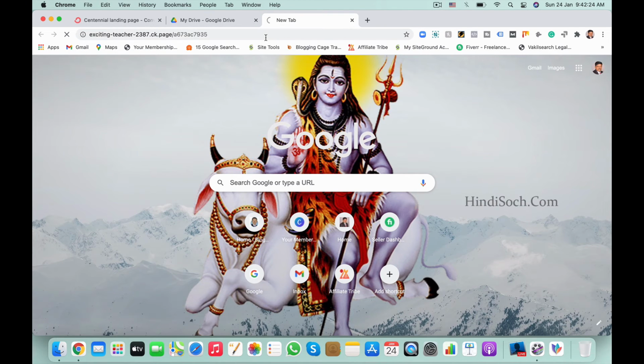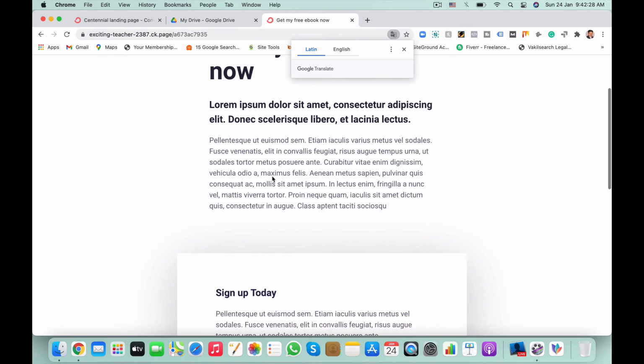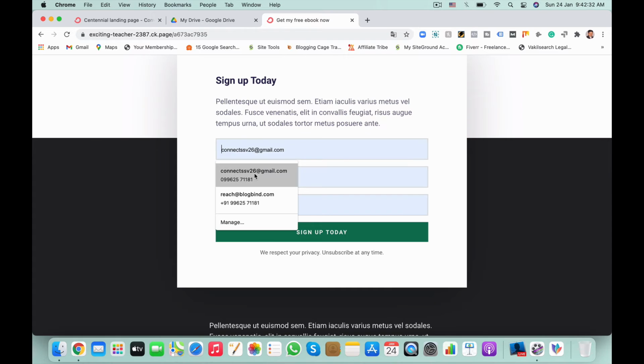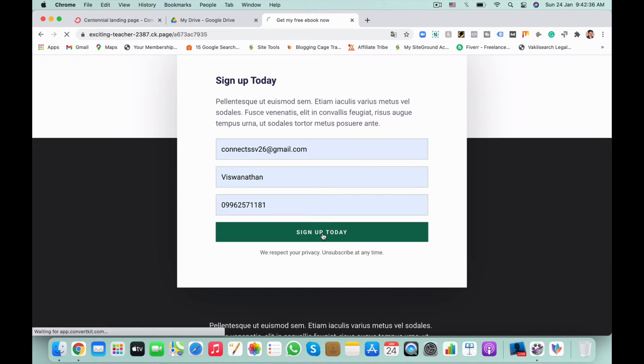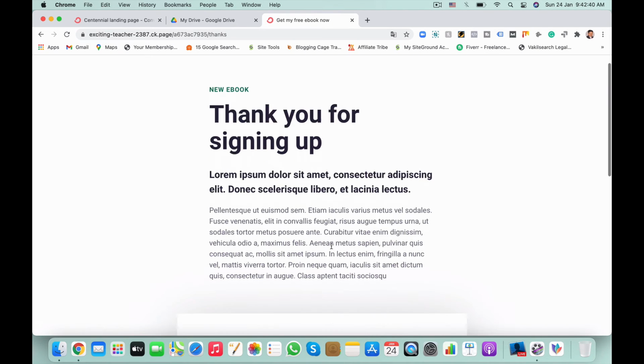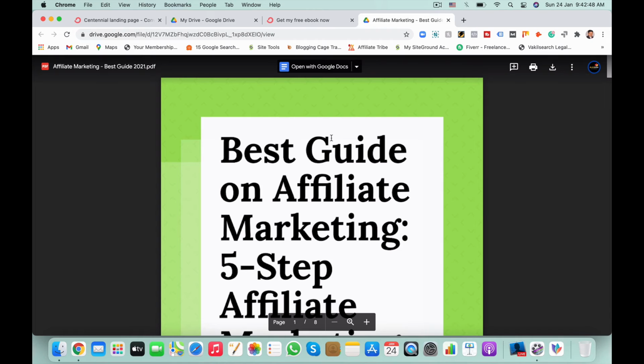Paste it in the URL, and then you can see it will redirect to the thank you page. Here, download. The resource guide has been downloaded.